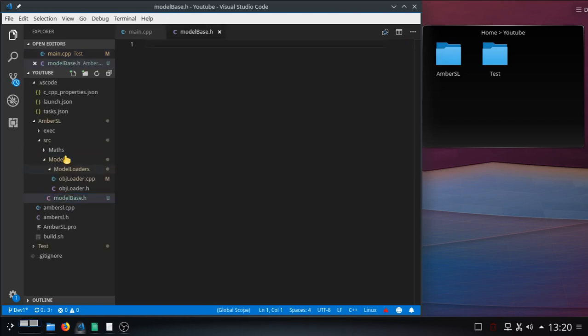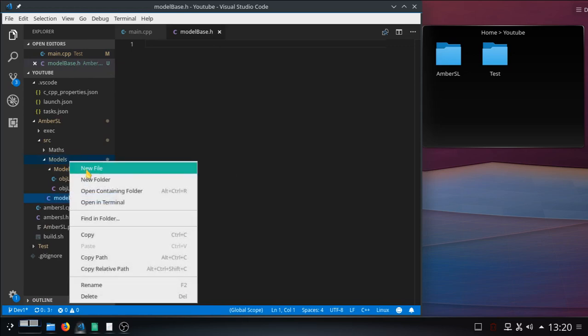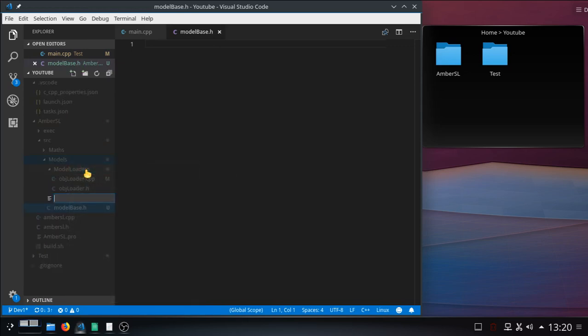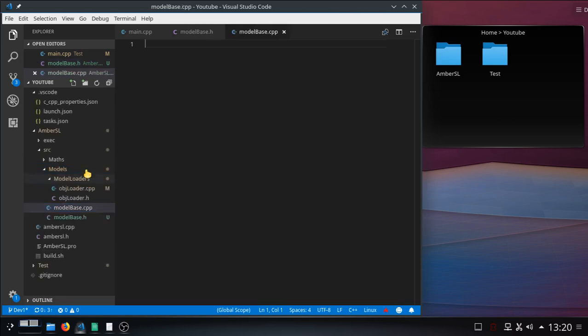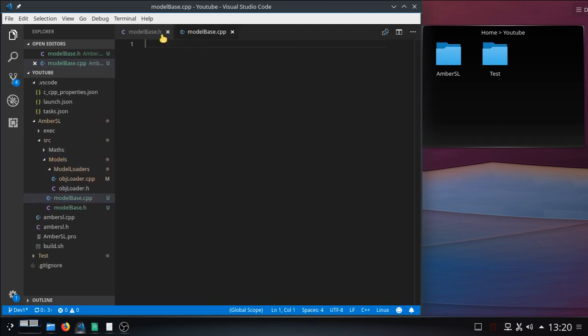I don't mind. Models, new file. And we'll call this model base. And this one will be .cpp. There we go. Two new files. Get rid of main, don't need it. So our base model, or model base,